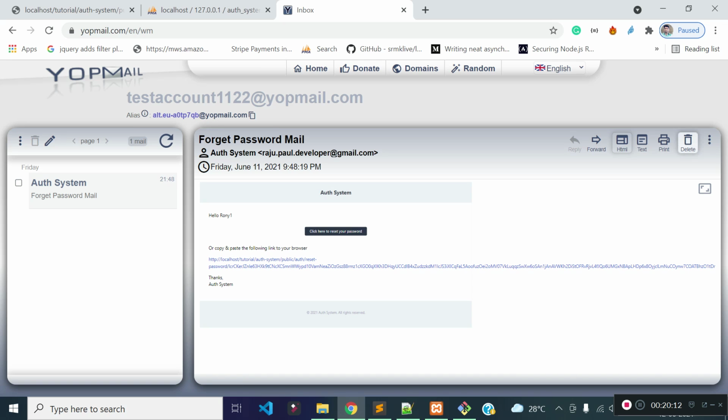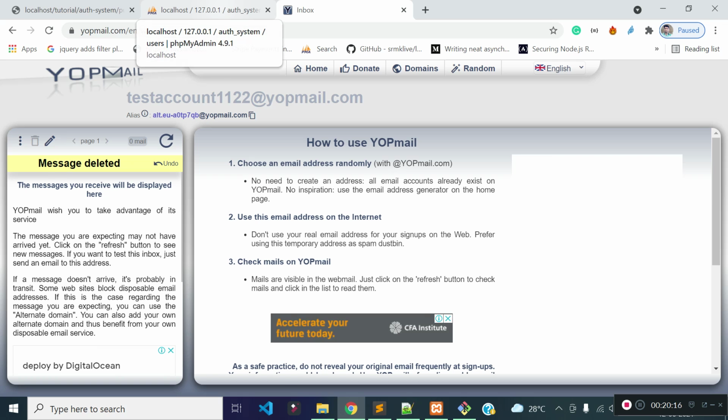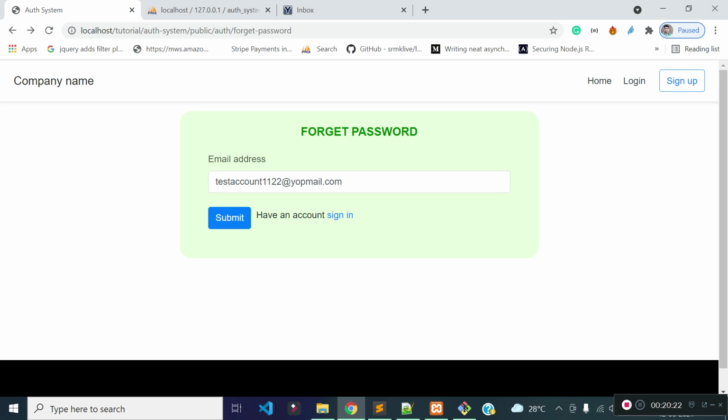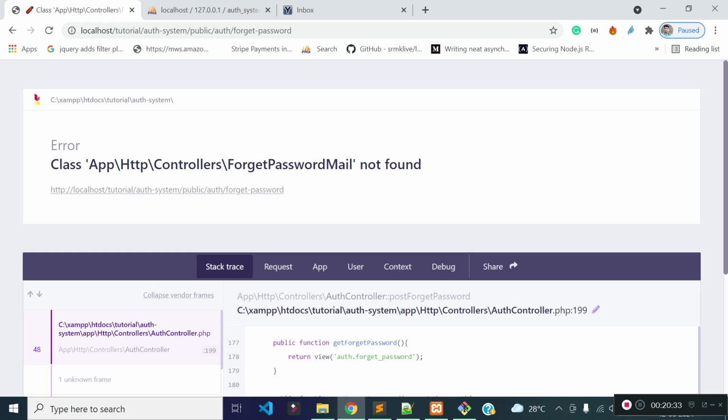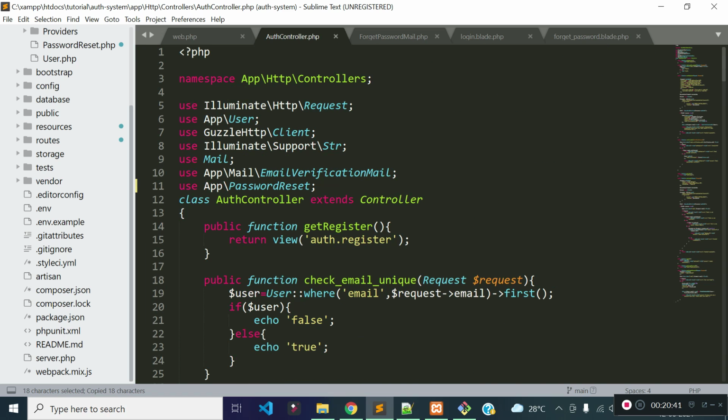Let's delete the previous messages from here, and now let's try to submit the form by entering testaccount1122@yopmail.com. Submit the form. Okay, we have got an error message: ForgetPasswordMail not found. Because we are using this ForgetPasswordMail, we need to import it at the top.